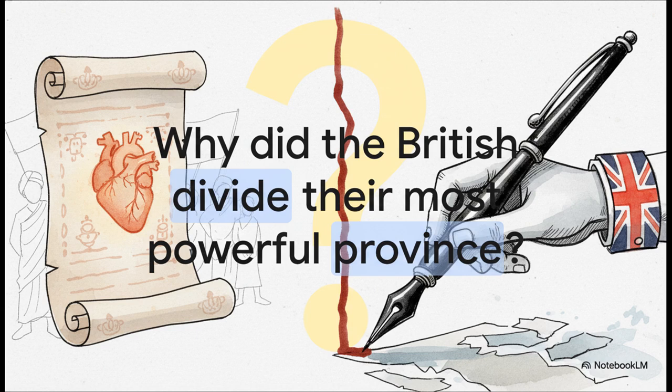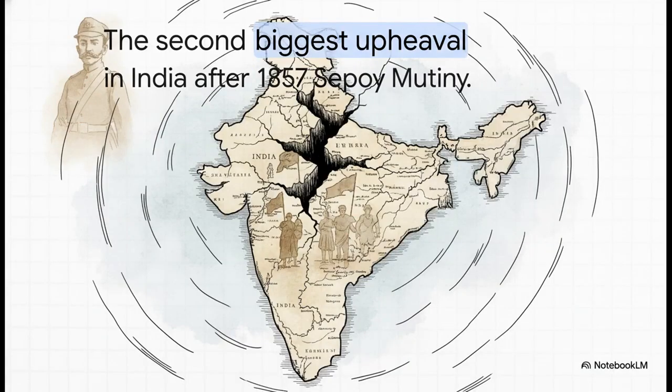But to truly understand why this was such a massive seismic event, we really need to grasp what was at stake here. The sheer scale of this moment just cannot be overstated. The Partition of Bengal is widely considered the second most important political upheaval in India, right after the historic 1857 Sepoy Mutiny. When the British divided this immense territory, it was not just some minor administrative paperwork. It sent absolute shockwaves across the entire subcontinent. It stirred up this massive national struggle against British rule that would permanently change the course of Indian history.